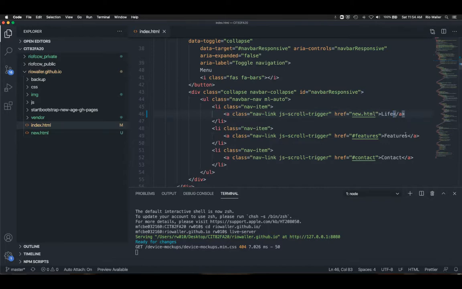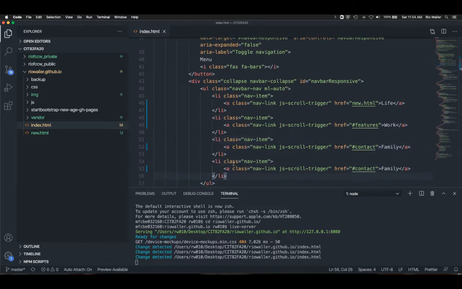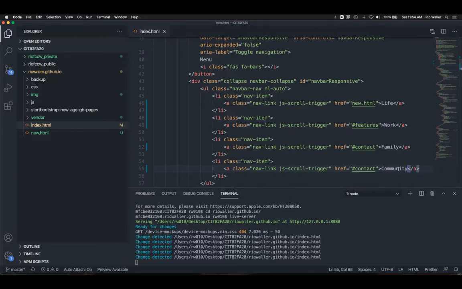life. Now this is just life, work, family. Now, again, I haven't changed any of where they're going. All I'm doing now is making them show up in the output. And so now if I wanted to do that final one, right? I think I said community on the last one. Right? So that would be at minimum the first part of putting together your menu.